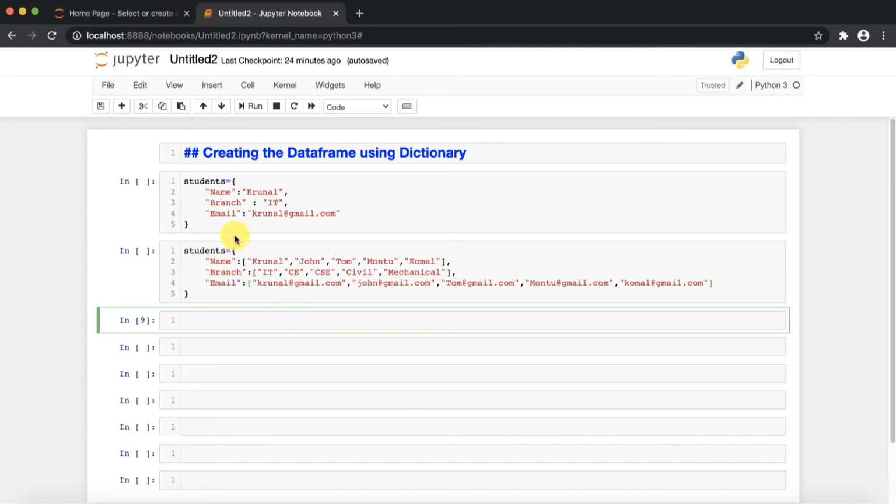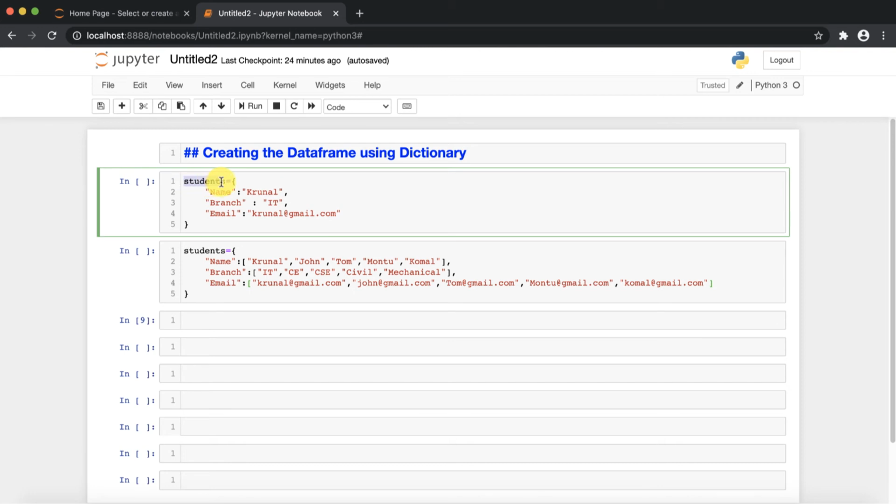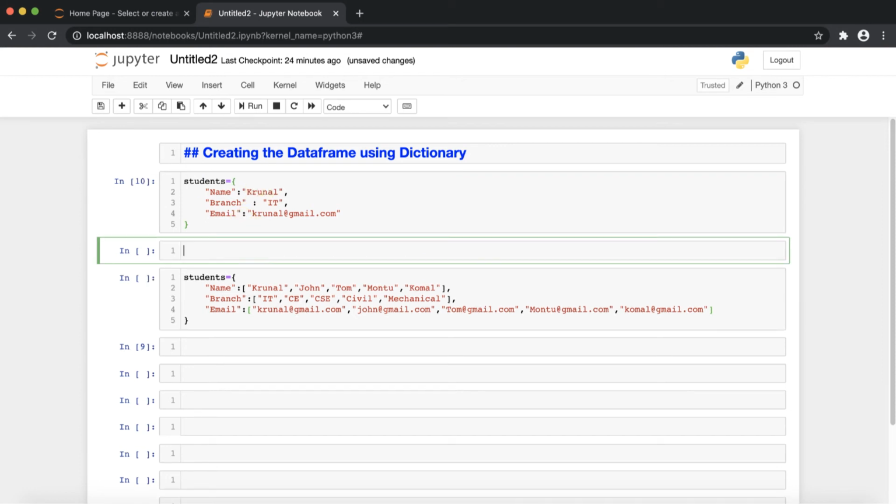Here I have created one dictionary for students. I am going to provide the name, branch, and email. Here this is a single value. If you execute, you can create that.